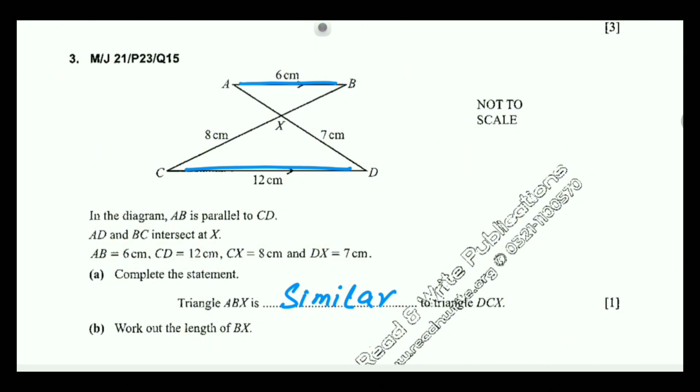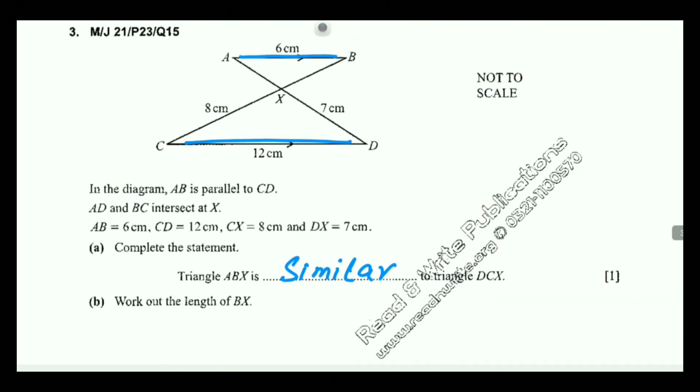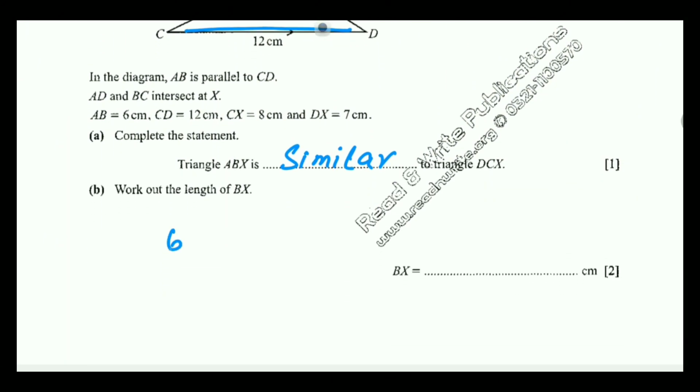If we are writing the one side of smaller triangle in the numerator, then we have to write its other side in the numerator as well. Like let me tell you, if we have decided that we will write 6 in the numerator of first ratio, then we also have to write its second length in numerator as well. So like if the first ratio is 6 over 12,